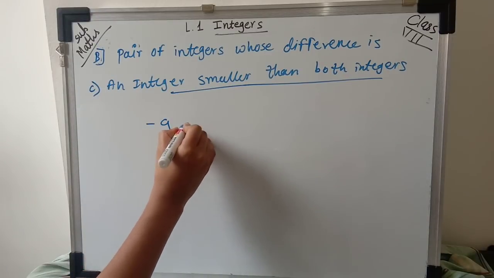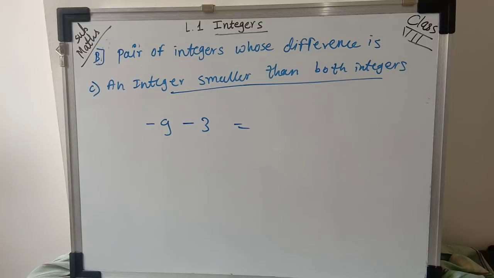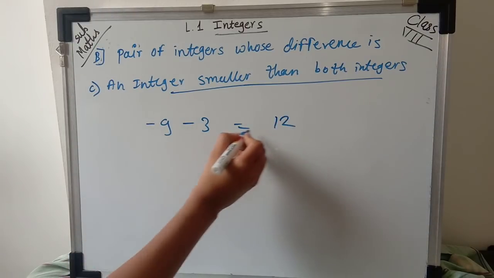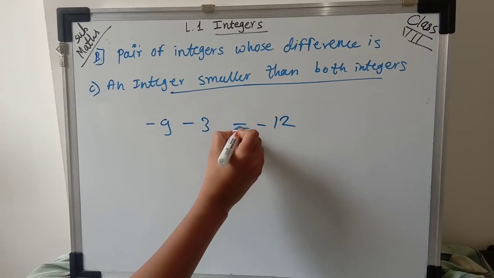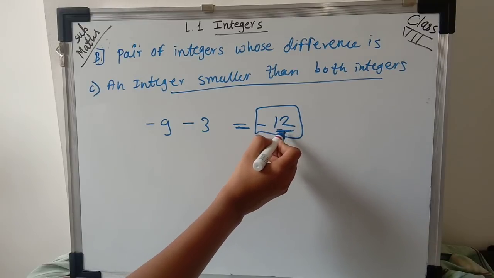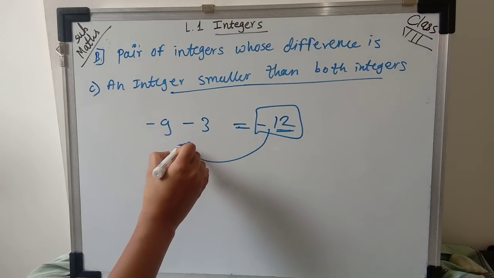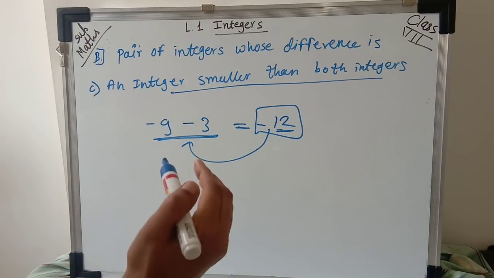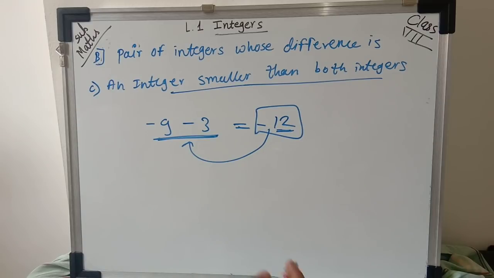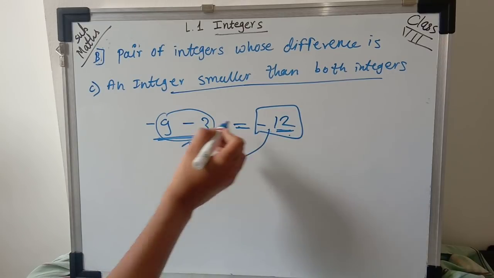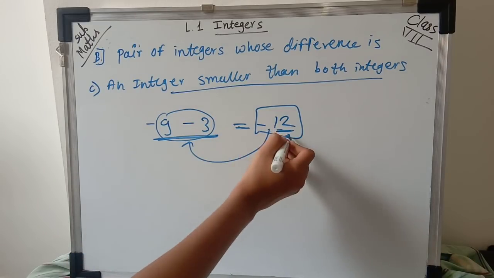If I take minus 9 and minus 3, here minus minus becomes what? We have to do the addition. So 9 plus 3 is equal to 12, and we give the sign of the bigger number here, minus 12. So we got the answer, that is minus 12. If you see the value of this minus 12, it is smaller than both these two integers. Remember students, when we are moving from right to left side, the value of integers decreases. Both these integers are nearer to minus 12, so the value of these two integers is more than this integer.